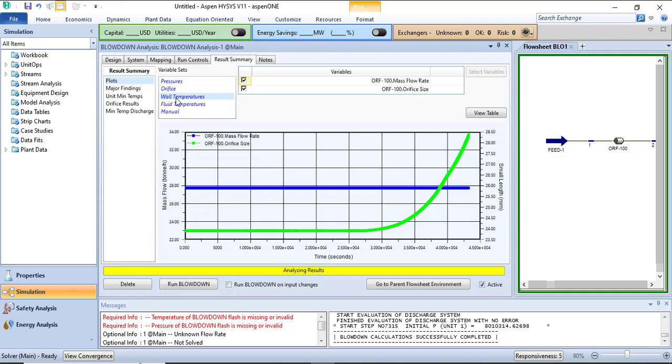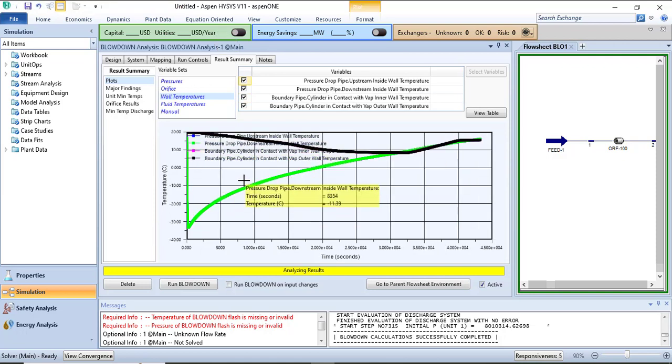So for the wall temperatures, we can see that we have the pipeline, the pressure drop pipe and the boundary pipe, and we will see how the temperatures are. So you can see that the pressure drop in the